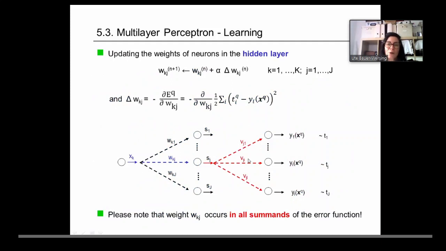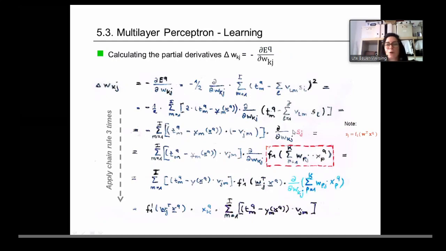What we've done is this part here for the output neurons, and now we focus on the hidden neurons, right? And Wkj is part of all these output neurons, but it's only part of the output of the jth neuron in the hidden layer. So this is Sj, and we have to get the partial derivative of the function Sj,